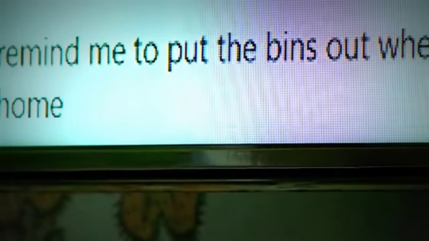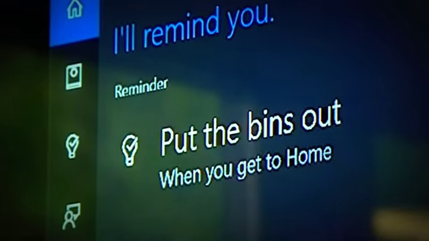Well, I think an example of where that really worked well for me, if you ask us something like, when I get home, remind me to do something like put the bins out. Because there are apps coming to Android and Apple phones, as well as, of course, there's an app already on Windows Phone, whichever of those phones you have will buzz when you get home and say, remember to put the bins out.